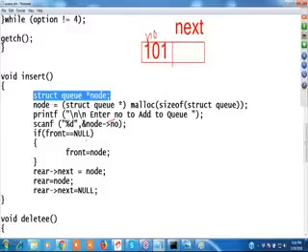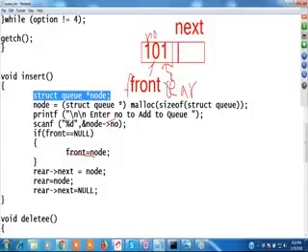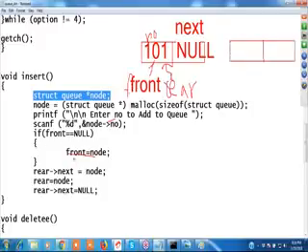The main function is common. Now we write the insert code. How do we write it? See this. Allocate a memory. A node will be allocated; the node is created. Insert the number. Two fields will be there: one is the number, and the other field is next, the next node.